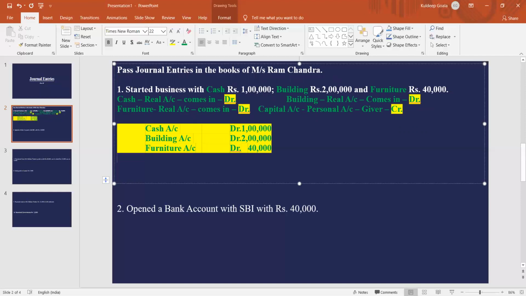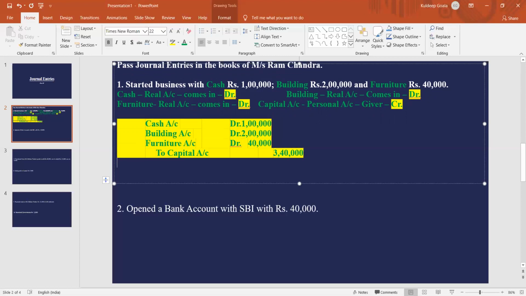Right? Then what are we crediting? It is capital, right? So how to credit the capital? We all know you give a little bit of space, and then you write, starting with 2, capital account. You can write down Ram's capital account also, that is also correct. So how much is the capital account? The combination of all the contributions. So what is the combination of the contributions? It is 3,40,000.